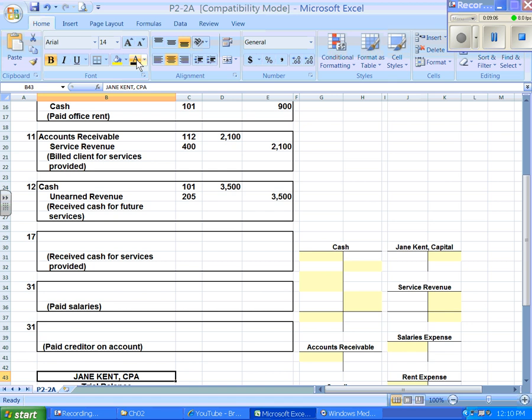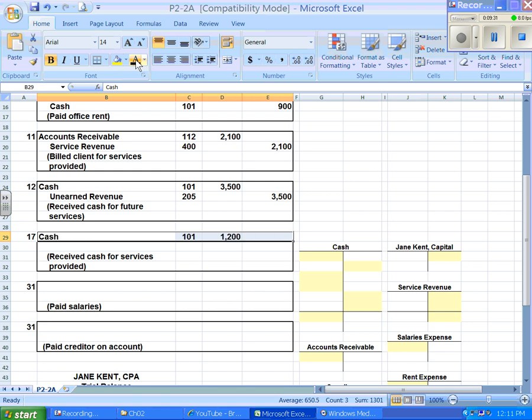Okay, let's just do one more. Let's see, I'm going to look at May 17th. May 17th, we received cash of $1,200 for services completed on H. Arnold Company. All right, so I received cash for services that were provided for H. Arnold. Cash is being increased, so I'm going to debit cash. And then because we provided services, I am going to credit my service revenue account for the same amount. So service revenue is a credit of